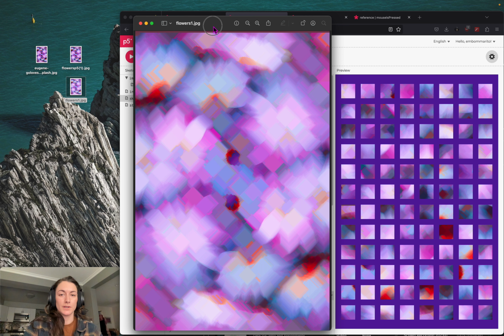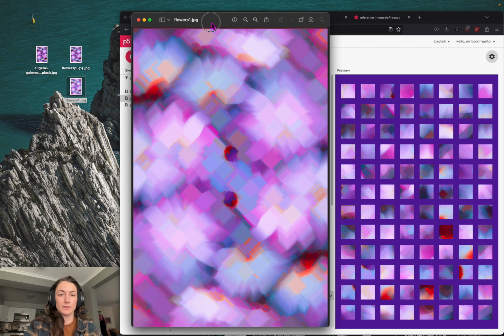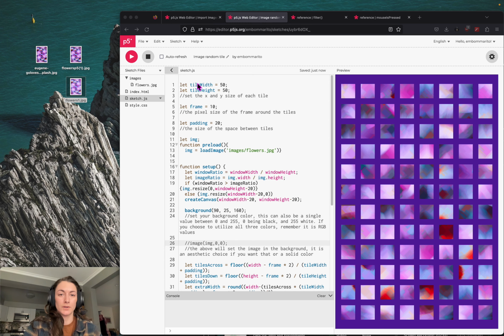Now that we have our image that we altered with the filters, and now we saved it, we are now going to upload it into a new code and create a tiling effect like this. This is from Steve's Makerspace,